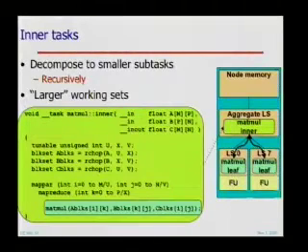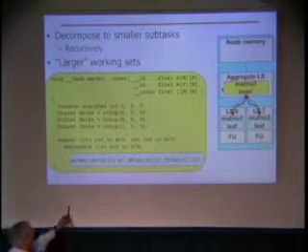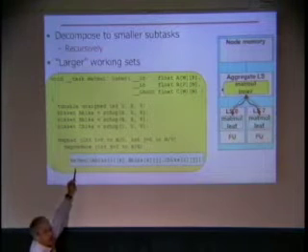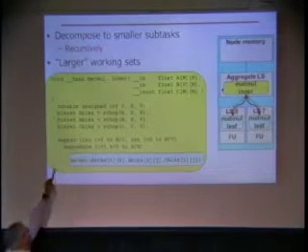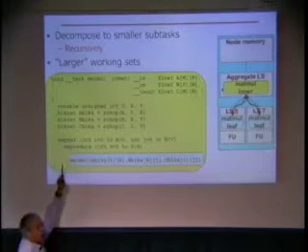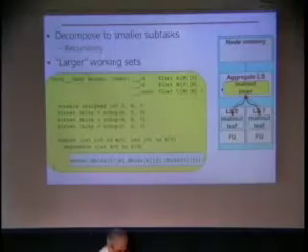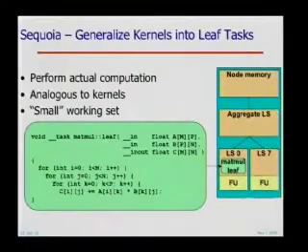And then it does a mappar, which means do all of these things in parallel, from i up to m over u. And a mapreduce, which says do all of these in parallel and then sum the results of applying matrix multiply. So this is actually a call to itself, right? Because this is the matmul thing. And so when you're at the outer level, when you do this matmul call, it calls the inner task again and does a recursive subdivision. When you're at the aggregate local store level, it calls the matmul leaf, because now you're small enough that you can do the leaf.